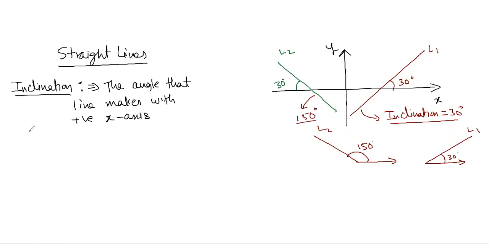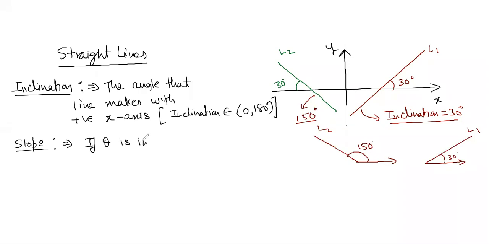Now what is slope of a line? So inclination is always an angle between 0 and 180 degrees. Inclination हमेशा 0 और 180 डिग्री के बीच में होगा एंगल. ठीक है. स्लोप क्या होता है? स्लोप इज इफ थीटा इज इंक्लिनेशन ऑफ अ लाइन,